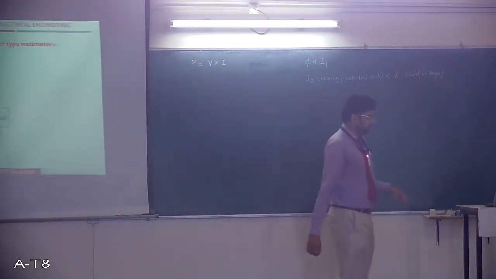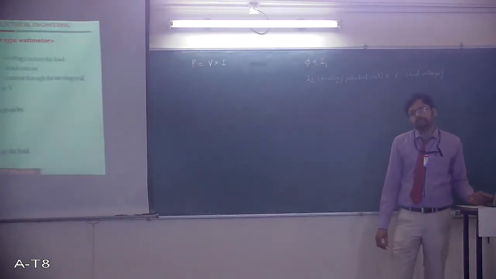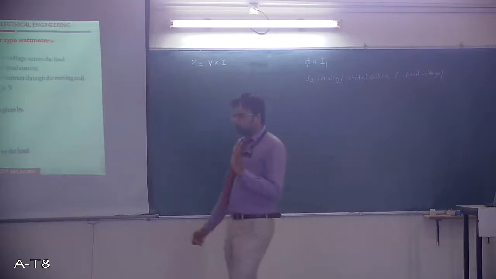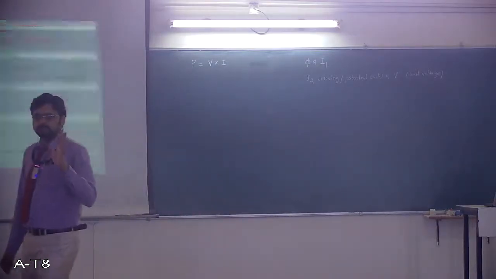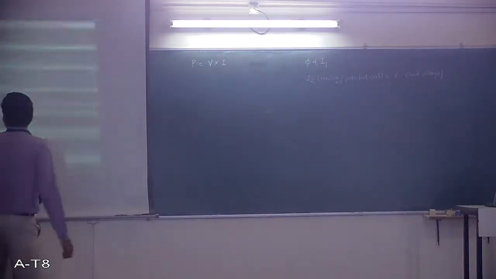Now, having defined the parameters to be used, let me go ahead with the theoretical proof showing that the deflection of the wattmeter is proportional to the active power consumed by the load. Let me assume that the circuit is DC to begin with. So I'll assume that the wattmeter is used for DC power measurement. In DC power measurement things are very simple, because only voltage and current are the two parameters on which power depends, and not the power factor. So let us define it.